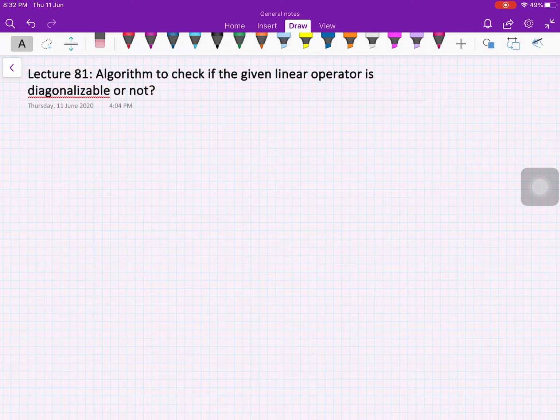In the last video we defined what is a diagonalizable linear operator. So in this video we are going to discuss an algorithm which will help us in checking if the given linear operator is diagonalizable or not. We saw in the last video that T from V to V is diagonalizable